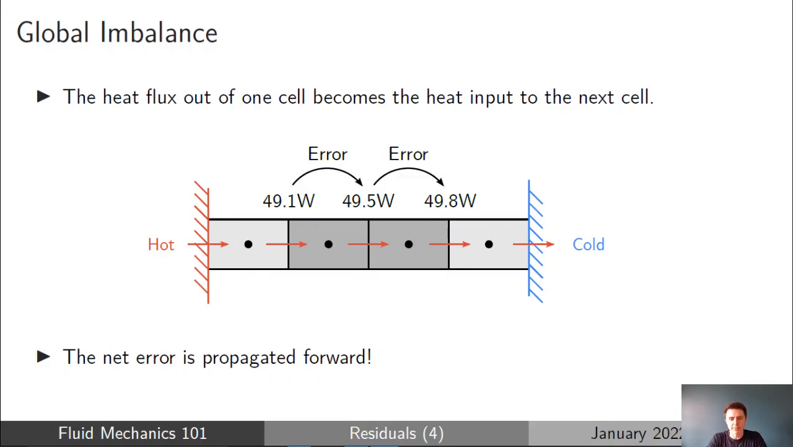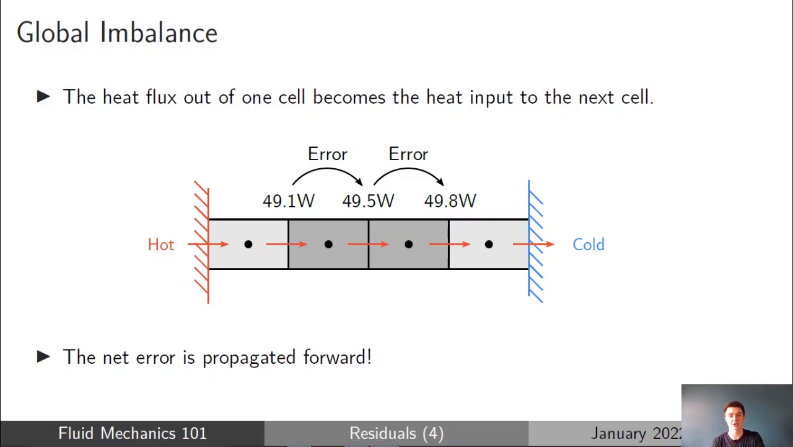Now, what I want you to think about is that because the cells are connected, this has an effect on the cells that are downstream of the current cell. So if you think of that second cell in the mesh, the second cell from the left, this cell has got 49.1 watts of heat coming across the left face. And now there's an imbalance of 0.4 watts in that cell. So what that means is that the heat that goes out of the right face of the cell is 49.5 watts. But now there's an error in, that's the residual, but that error is now propagated forward into the next